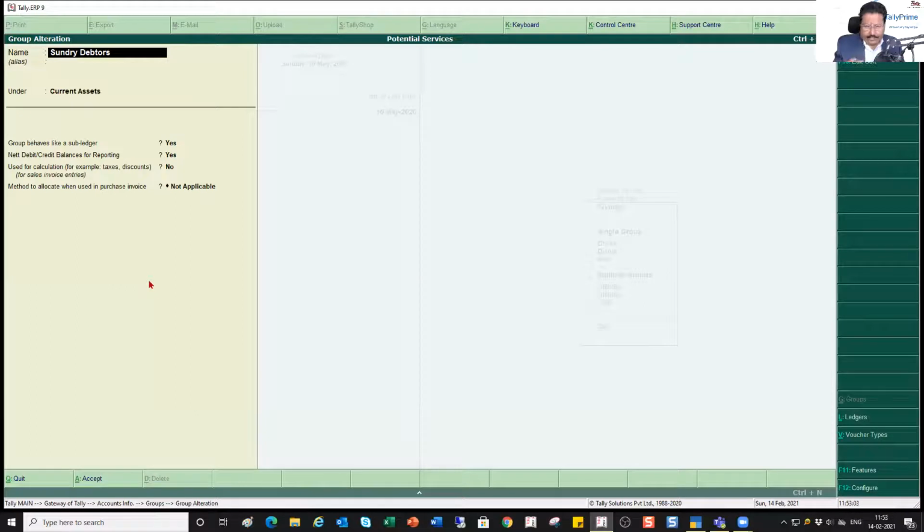Now every time it becomes very difficult for you to calculate 5% and 2% on the total value of the invoice, because each invoice is going to have a different value. So this is where Tally is going to help you configure your ledgers in such a way that Tally will assist you in calculating the specified percentage on those specific masters or ledgers where you would want auto calculation to be done while doing the invoice. So this is the requirement.